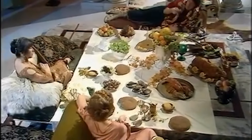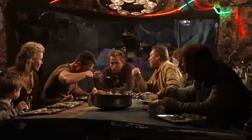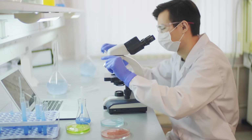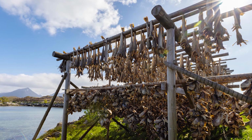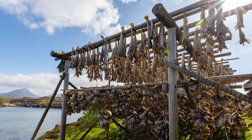Romans also found a way to turn the sun into their fridge. Suppose you got your hands on some fresh figs, a nice cut of meat, maybe some fish. But there is a problem. If you don't eat it fast, it is going to turn into a science experiment. And since the Romans didn't have the luxury of slapping a best before sticker on everything, they had to get creative. That is when they discovered the secret of drying, aka the set it and forget it method of food